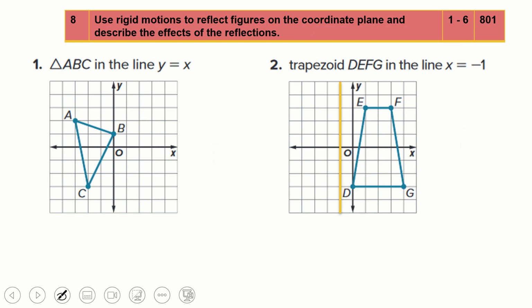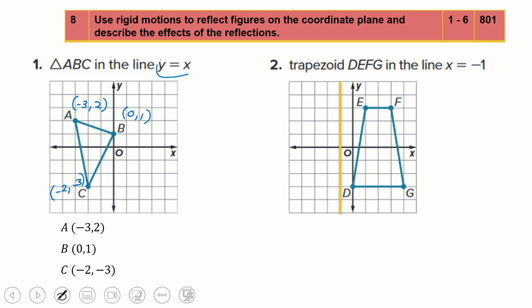Question number 8, we will be using reflection to find the new coordinates. If we write the coordinates of point A, it's 3 units to the left, so -3, and 2 units up. The coordinate of P is 0 and 1, and C is 2 to the left, and then 3 units down, so it's -3. So we list them, and then